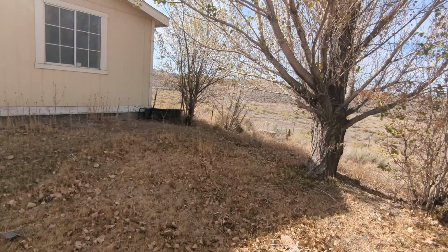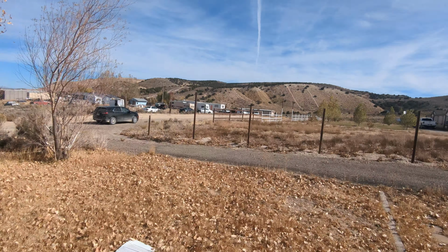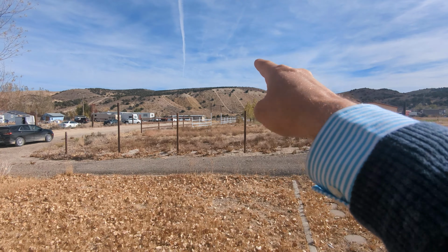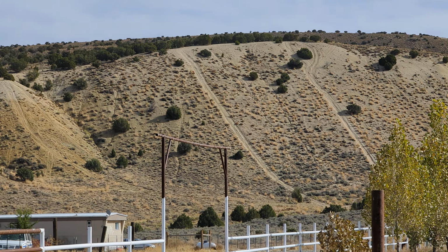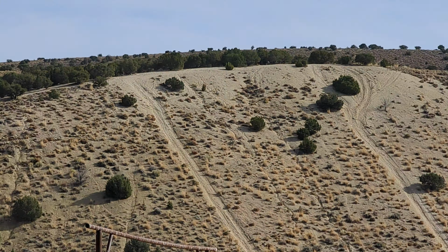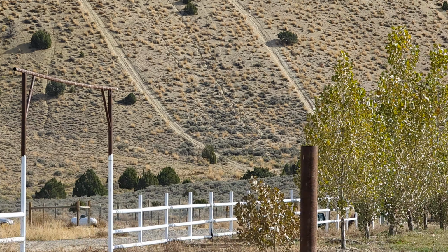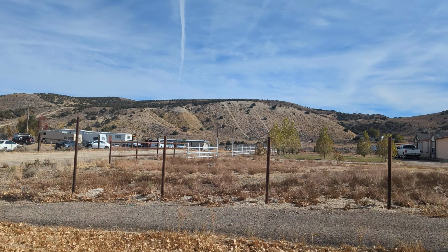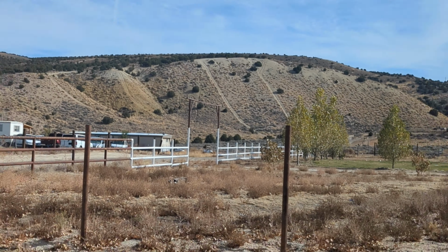Now, advantages here. Now, the biggest advantage is, hey, over there. You see that hill? Now I'm gonna zoom and show you what this is. This is where people go for sports and entertainment with their quads. So now you see, there's a huge hill, and these roads are used for people to do recreational driving like crazy, the quads and all these